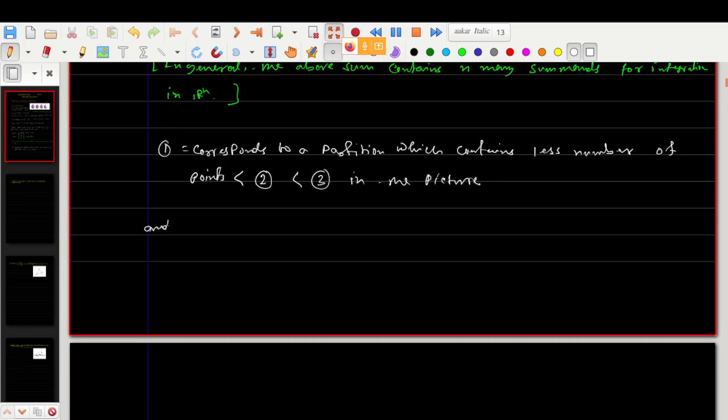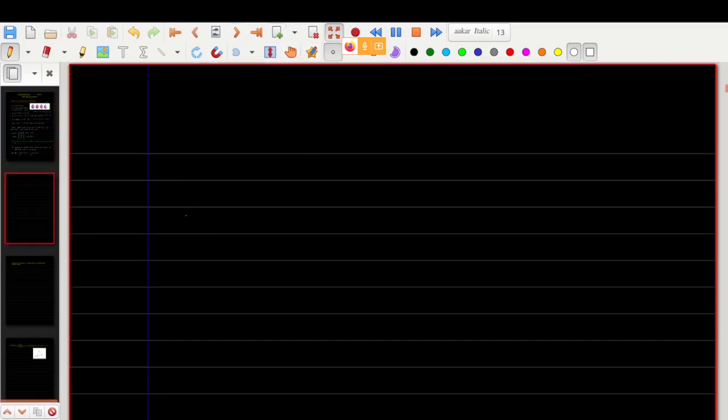And the fourth one is nothing but the infimum over all possible partitions of U(P,f) equals the supremum over all possible partitions of L(P,f), right? So in such a case, we say